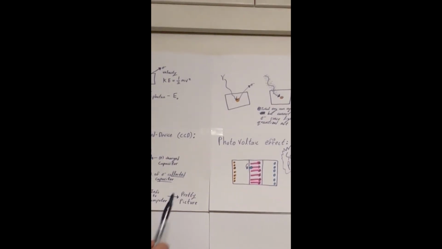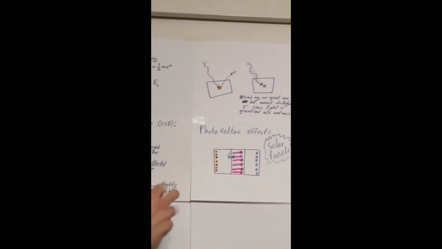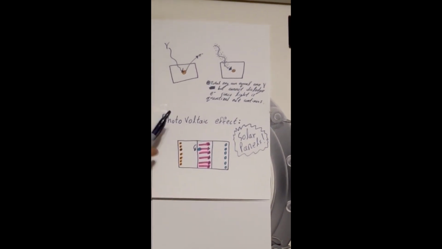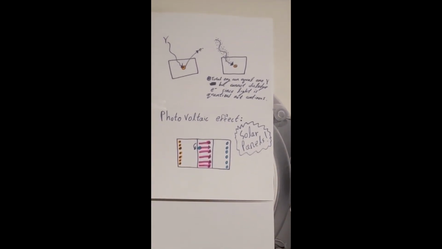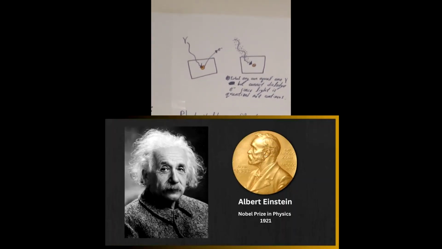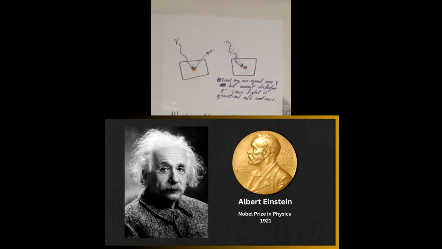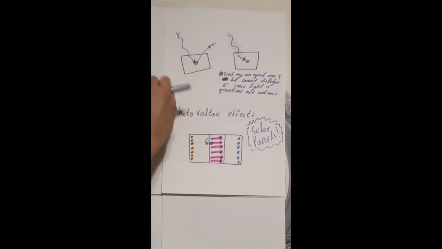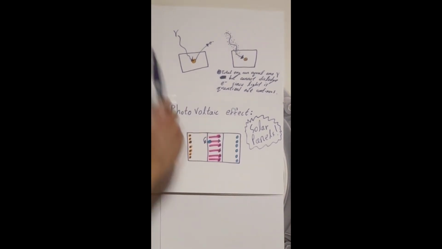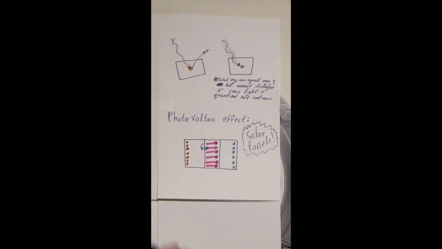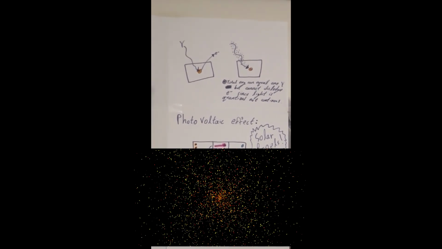Right here is just a little something that explains why the photoelectric effect is important, because it is what gave Albert Einstein his Nobel Prize in 1921 for his 1905 paper on the photoelectric effect. And the big thing that was obtained from it was the duality of light. That light can be a wave because of the double slit experiment, but also a particle because of the photoelectric